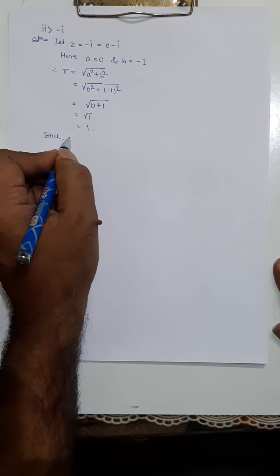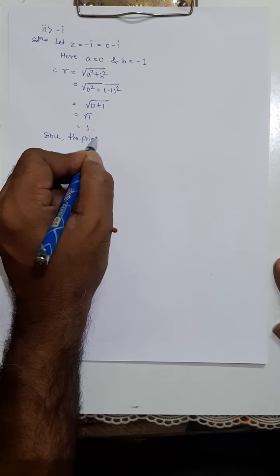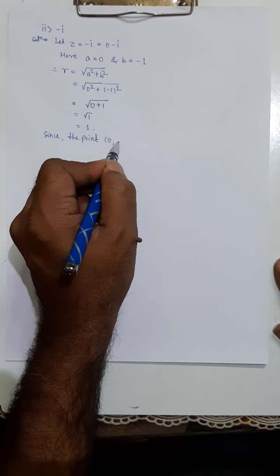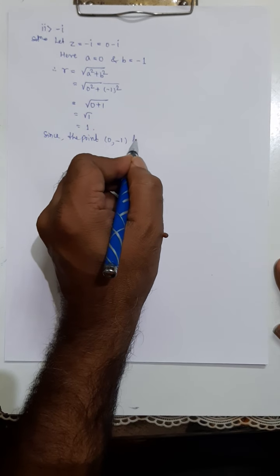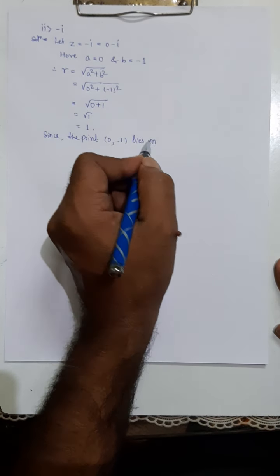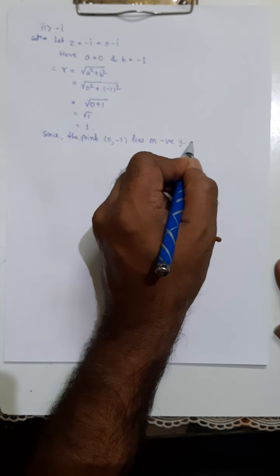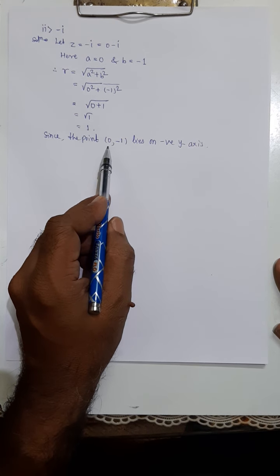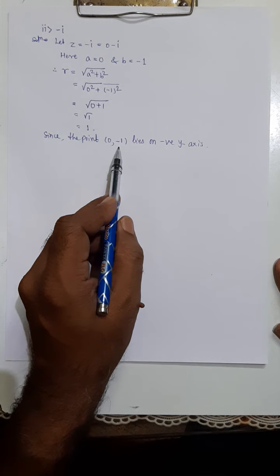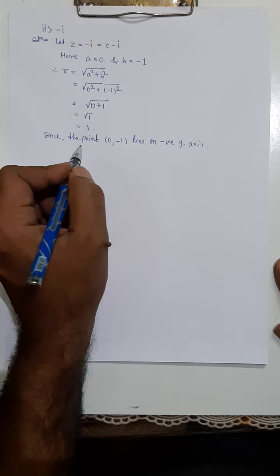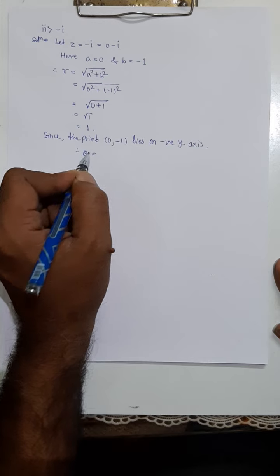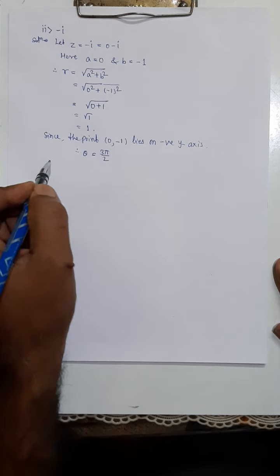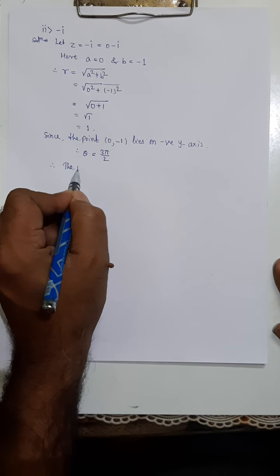Here the point is (0, -1), which lies on the negative y-axis. Clearly, for point (0, -1), x coordinate 0 means it lies on the y-axis and y coordinate negative means it lies on the negative y-axis. So clearly here we get theta, for the negative y-axis, that angle is 3 pi by 2, and therefore the polar form is